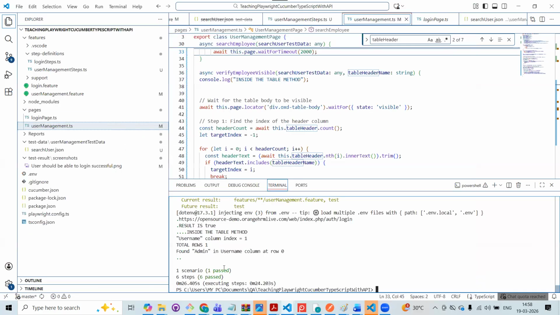Now you got to know it was a timing issue. After search, please wait for 2 seconds. In that 2 seconds, the table is getting loaded and now there is only one row found.